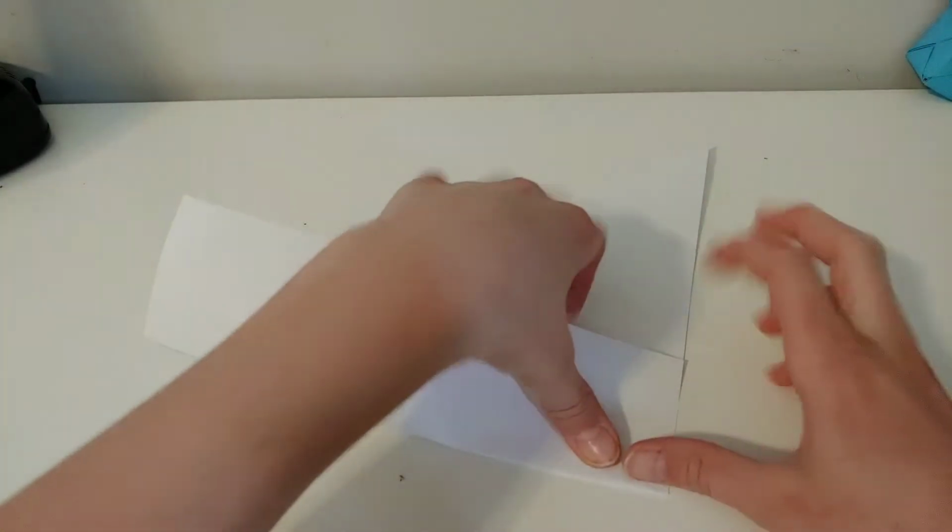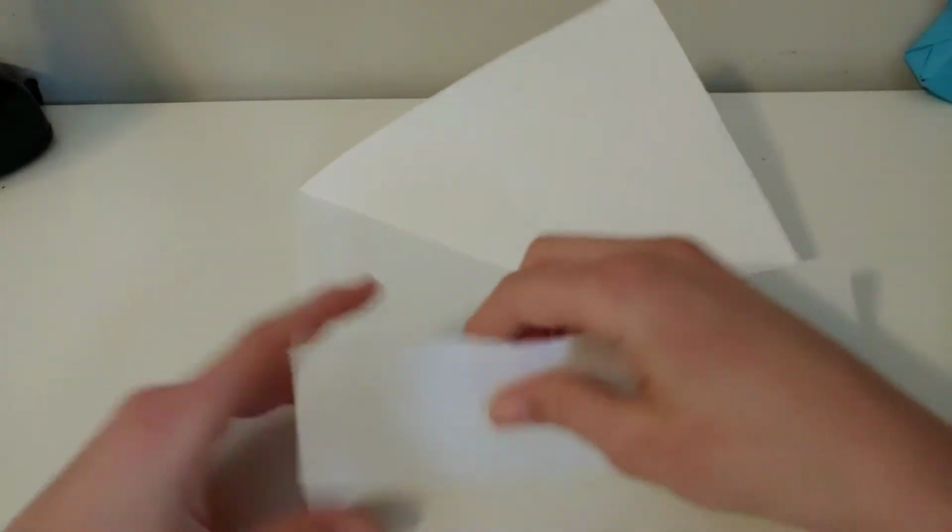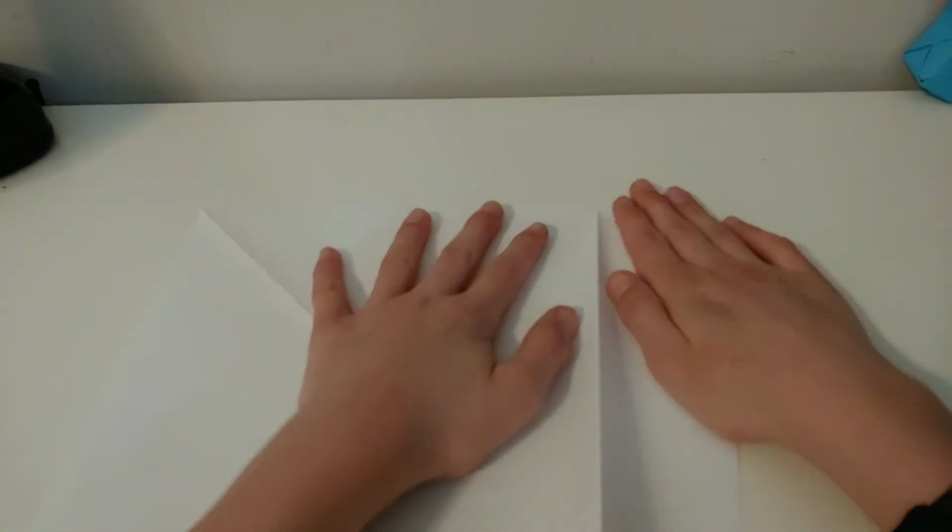So first, you can grab a piece of A4 paper, or you can use just a normal piece of square origami paper. Now you're good like this. You're gonna cut this square. Okay, let me do that real quick. So what you're gonna do is fold this here, turn it over, take this, and fold it up. You're gonna crease this super sharp. Then you're gonna tear this. So right here, I'm gonna do that, and then